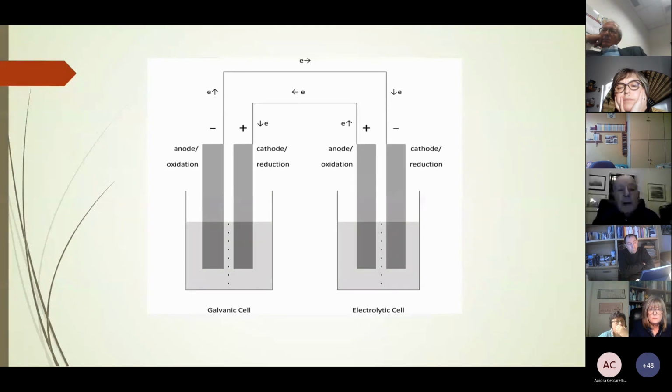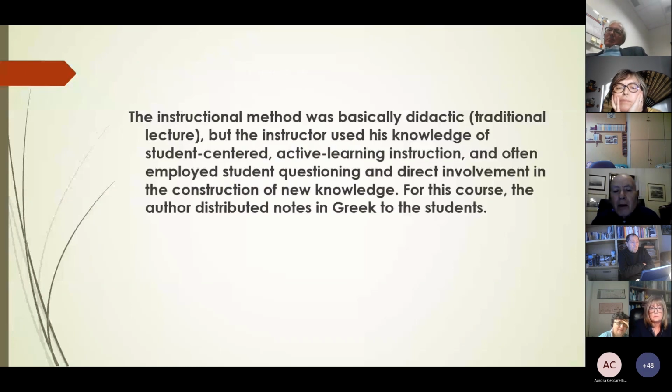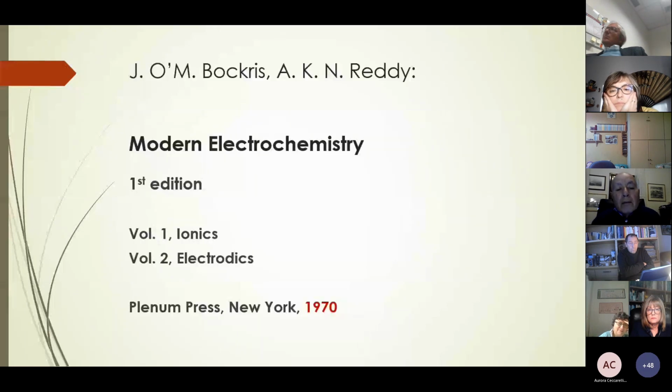Let's go on. For the 3 studies I'm going to describe, I use data from final semester examinations of the Physical Chemistry 2 compulsory course taught to second year, 4th semester chemistry students. The instructional method was basically didactic, that is traditional lecture, but the instructor, which was myself, used his knowledge of student-centered, active learning instruction and often employed student questioning and direct involvement in the construction of new knowledge. For this course, I distribute to the students Greek notes I wrote based on the very important book, Modern Electrochemistry by Bockris and Reddy, first edition, which I read and used,